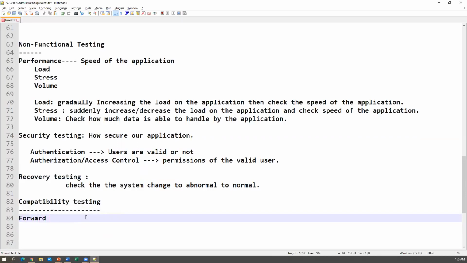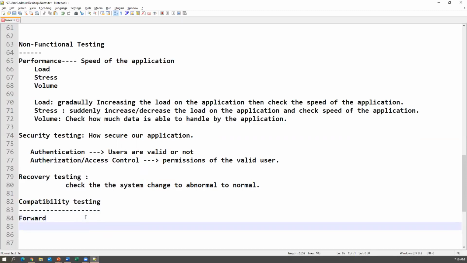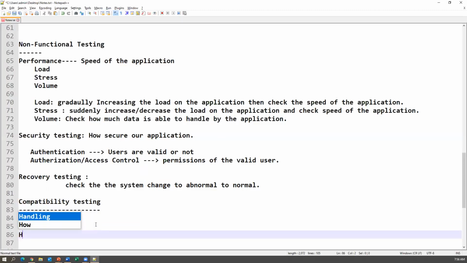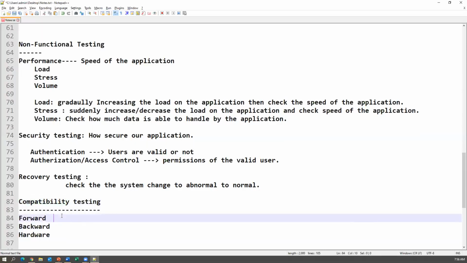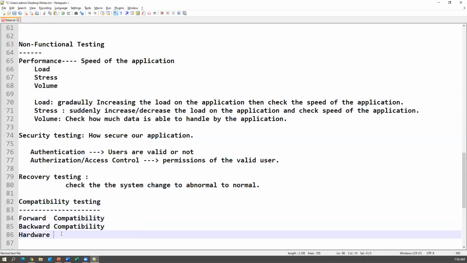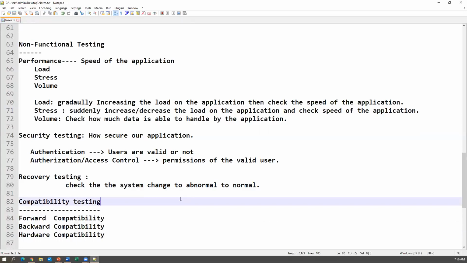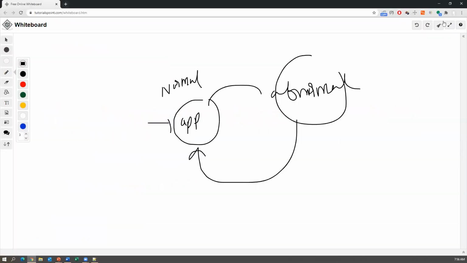Forward compatibility and backward compatibility, hardware compatibility. So these are the three kinds of compatibilities we have: forward, backward, and hardware compatibilities. So what exactly is it? Let us try to understand. Compatibility. Here, suppose I am developing a software,